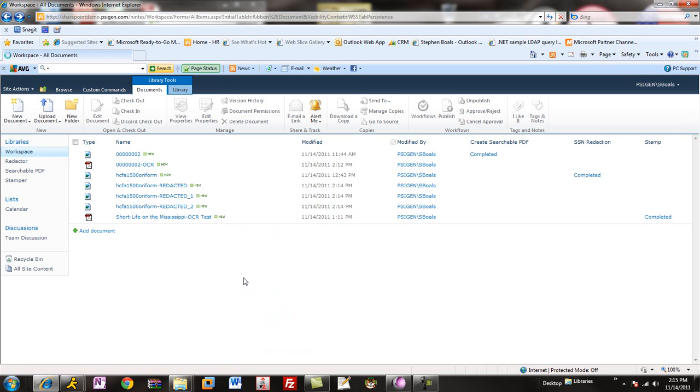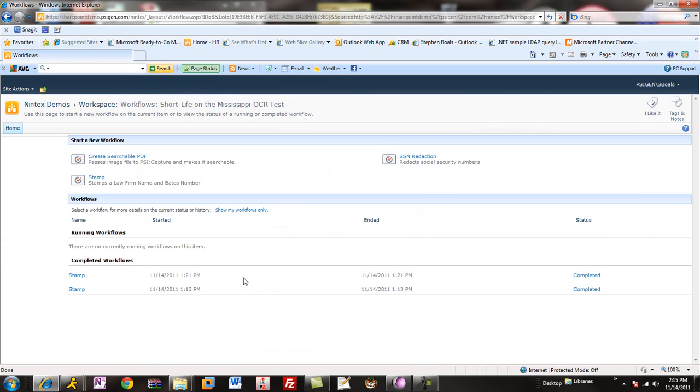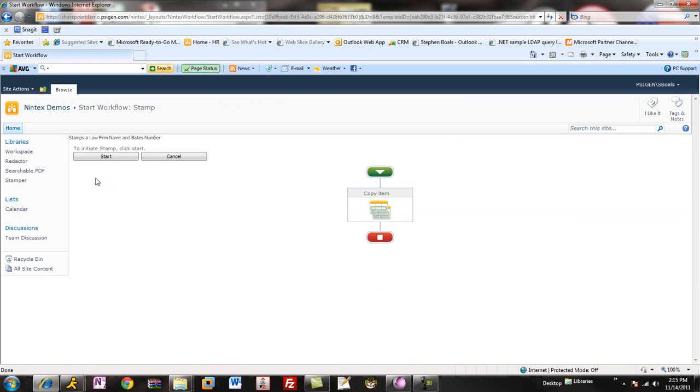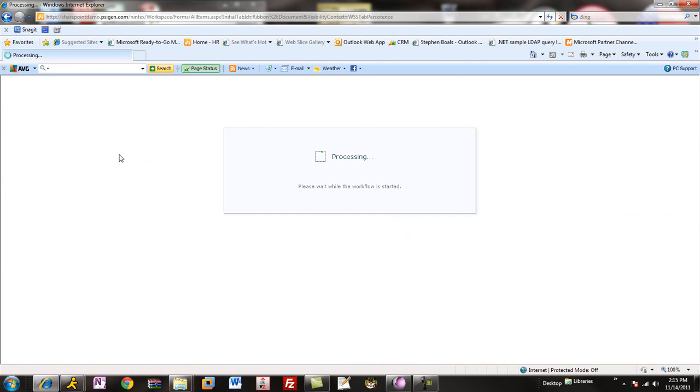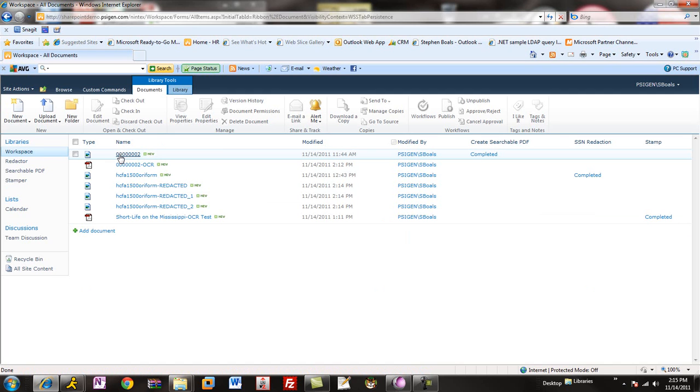PDF document. What I'm going to do will simulate a law firm process where they've got perhaps a set of documents that they're going to stamp with their firm name in the top right corner, and then in the lower right they want to put a multi-segment stamp that has the case name, underscore, and then the page number. So this is called Bates stamping in the legal industry, and what I've done, I've gone ahead and submitted